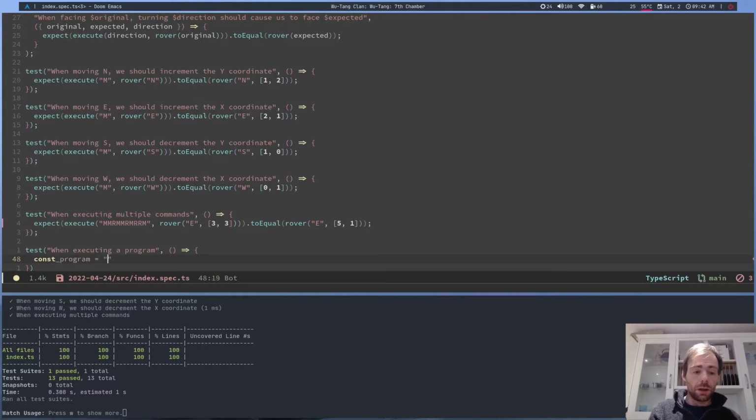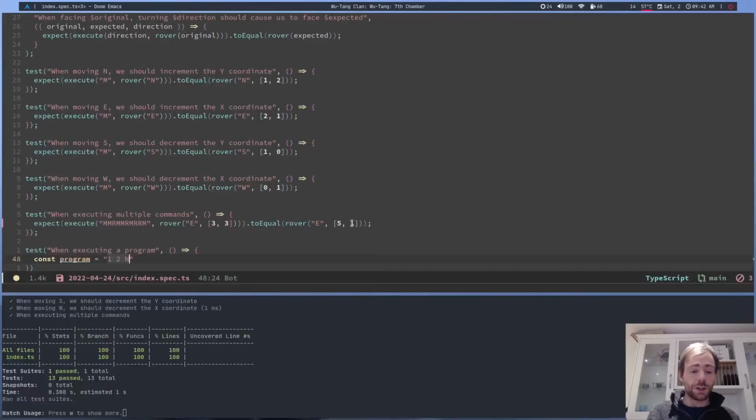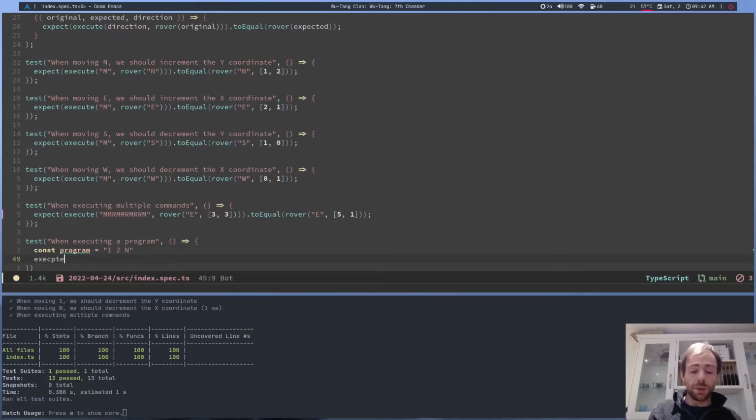We're going to say 1, 2, n. Okay, so we're just going to take this string here, because I know how to handle this. This is going to give me back a rover that's facing the right direction. So we can say const program equals 1, 2, n. Expect